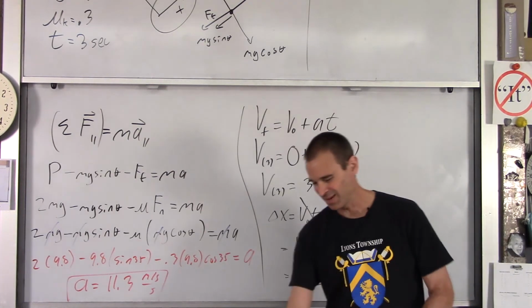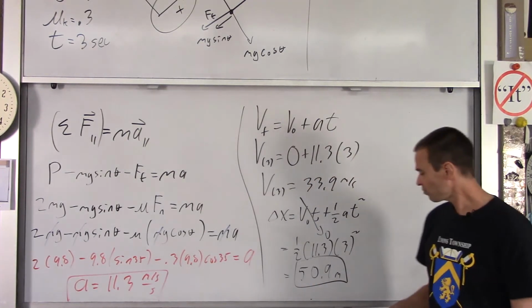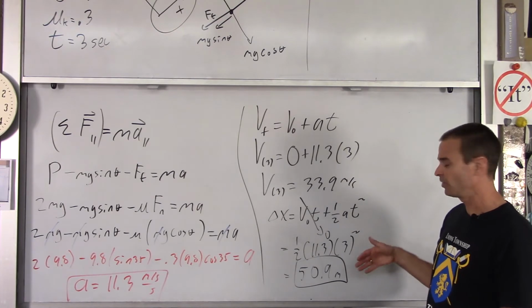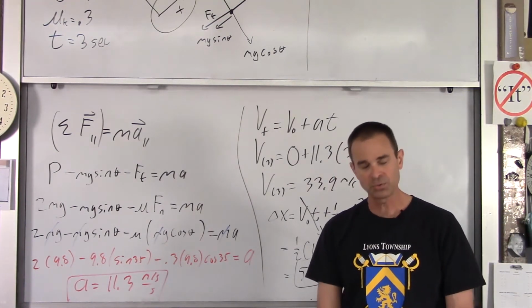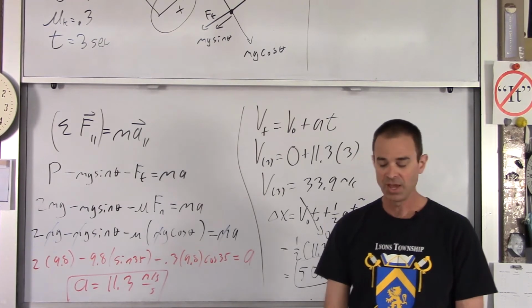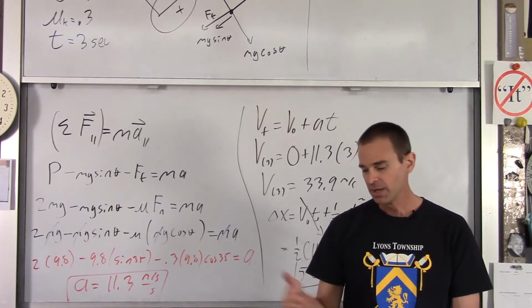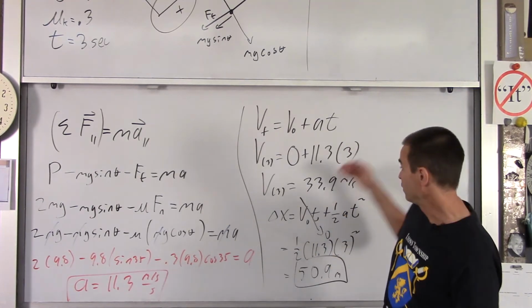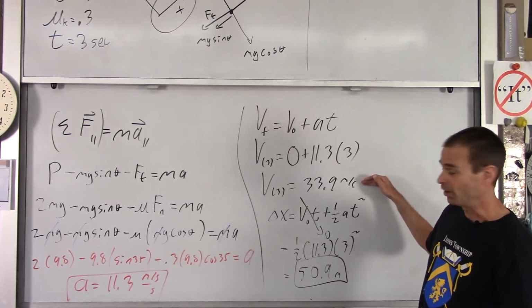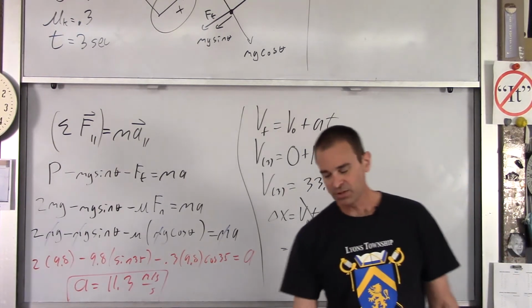That's pretty far. Now, other ways you could have done that. You could have used v final squared equals v naught squared plus 2a delta x. You know v naught is 0. You know a is 11.3. You're trying to find delta x, and you had just found v final a moment ago. So you could have used that. One thing to be careful of,